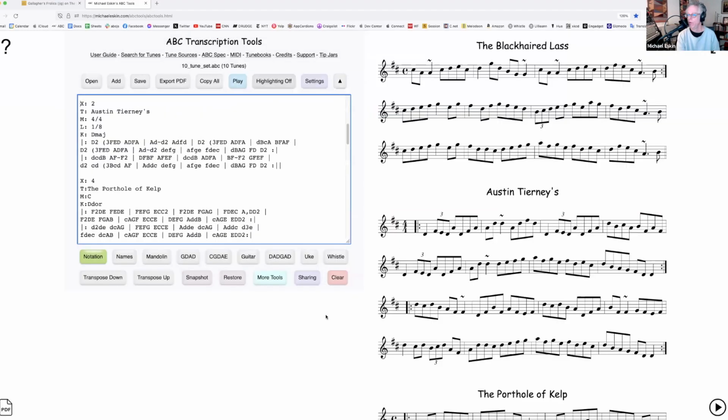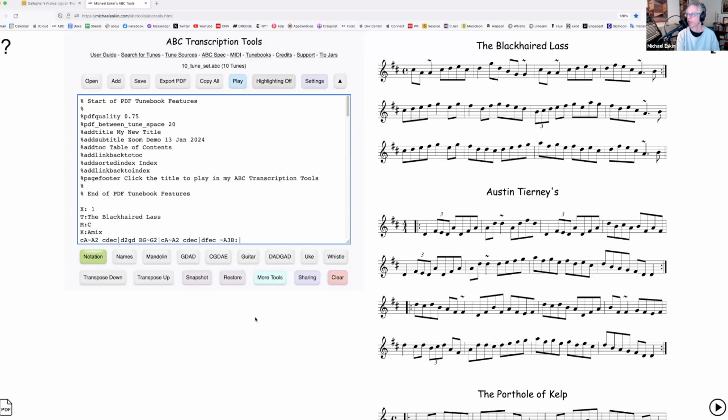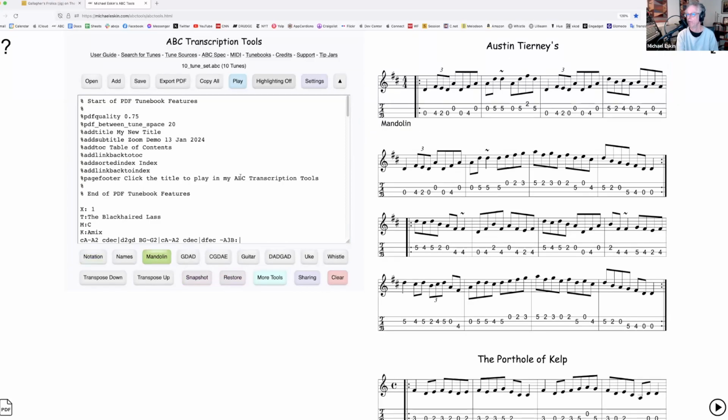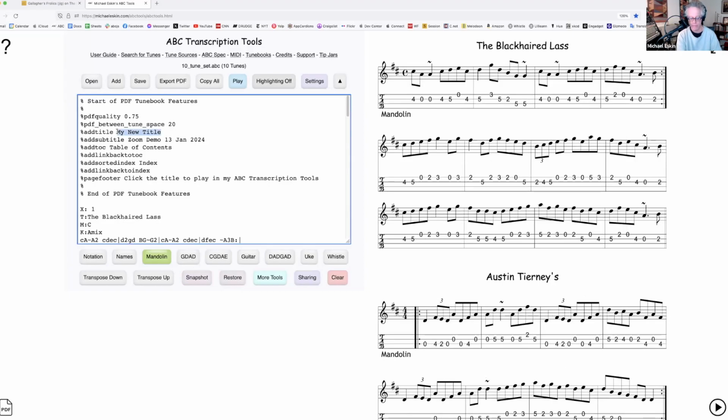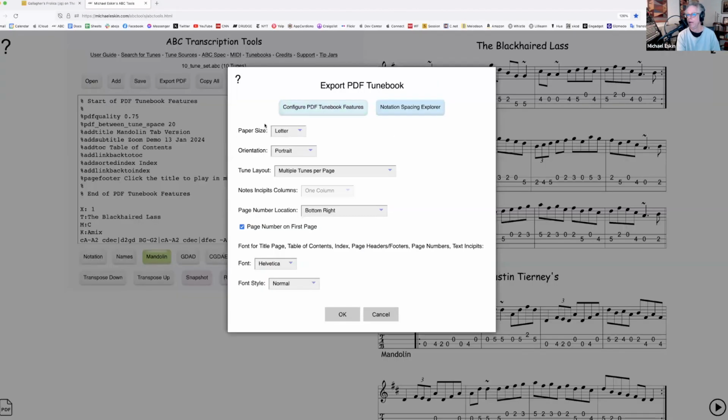So you probably notice that when I do these tunebooks, I post on Facebook, you'll see there's the notation version of it, and then there's the mandolin tab version of it. So all I have to do now, if I want the mandolin version, and again, I said you can modify these in the ABC. So I'll just change it. I'll say mandolin tab version. And I'll just go Export PDF. I don't have to do the configure. And I'll just go ahead and,